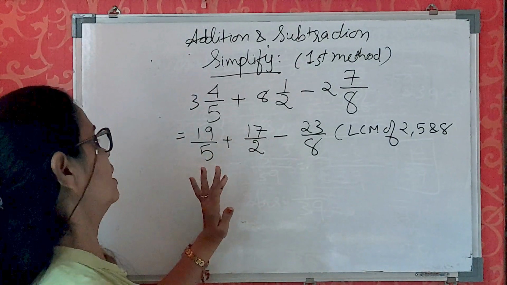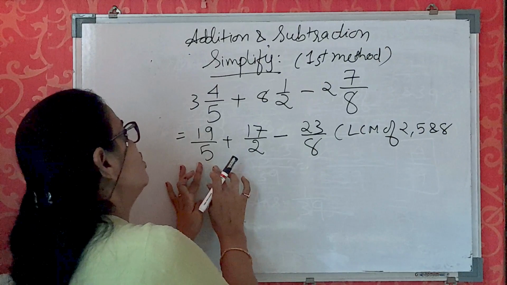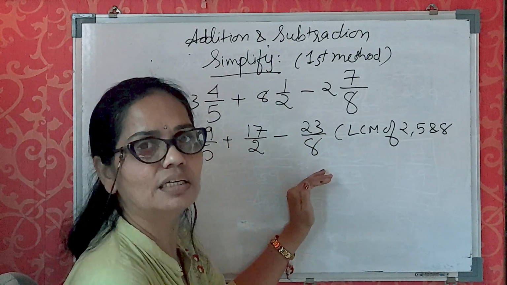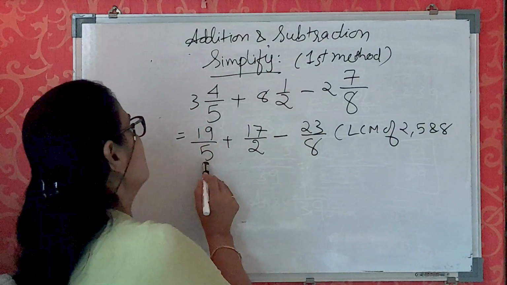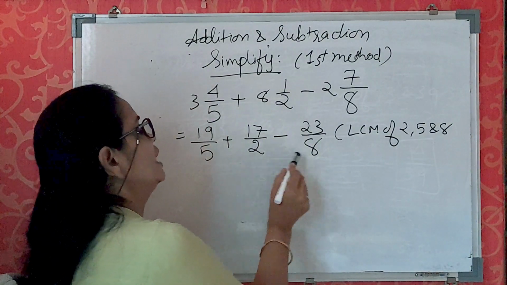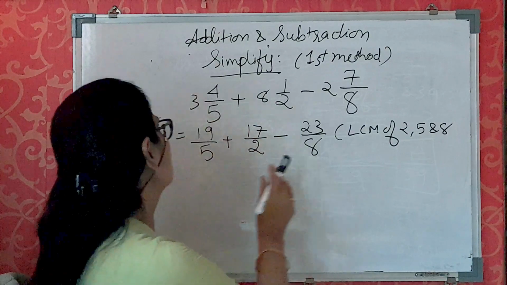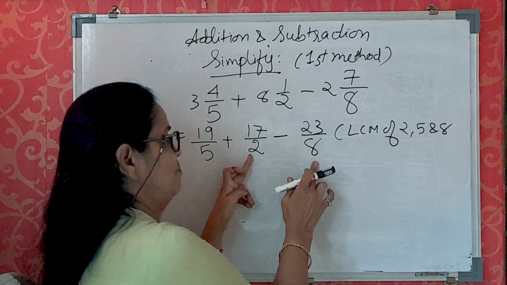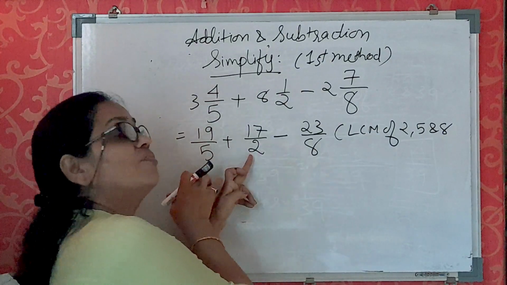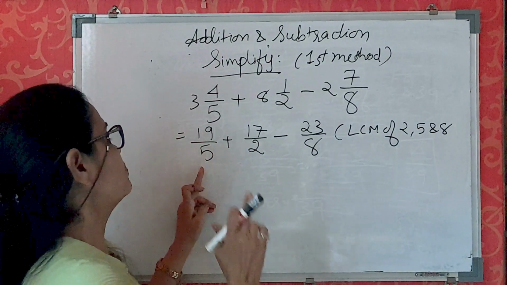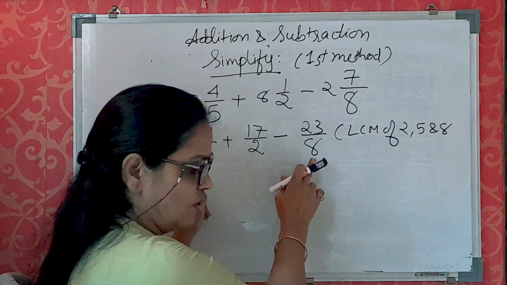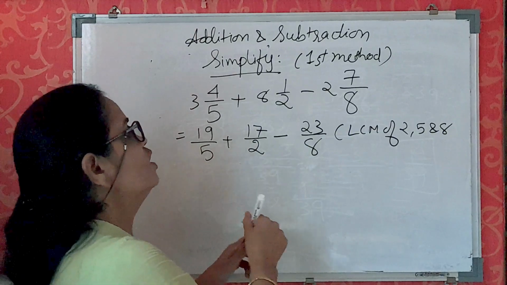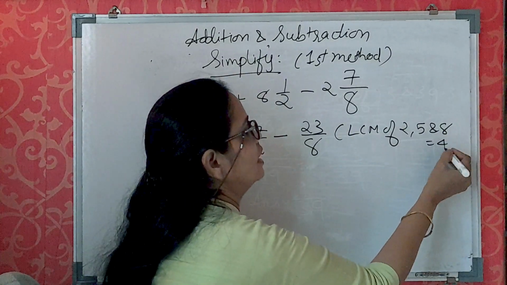There is one common number which comes in all three tables. So I will show you the trick. 2 5s are 10. When you multiply any two numbers, that number should come in the third number's table. If I take 2 5s are 10, 10 doesn't come in the 8 table, so we will not take that. 2 8s are 16, which doesn't come in the 5 table. Now the last option is 5 8s are 40. So 40 comes in the 2 table also. 2 20s are 40. So your LCM is 40, right?